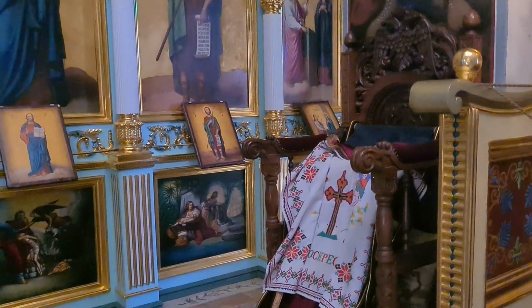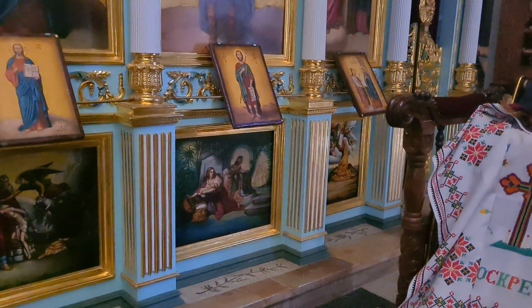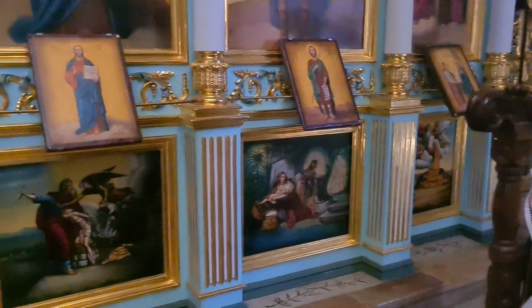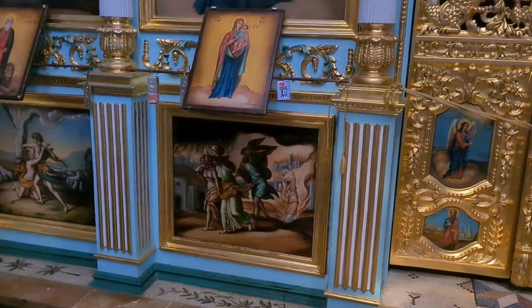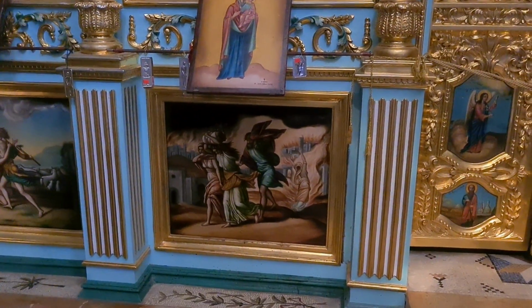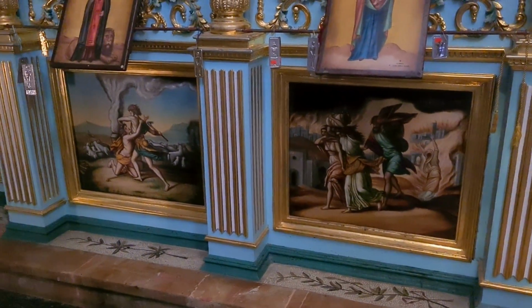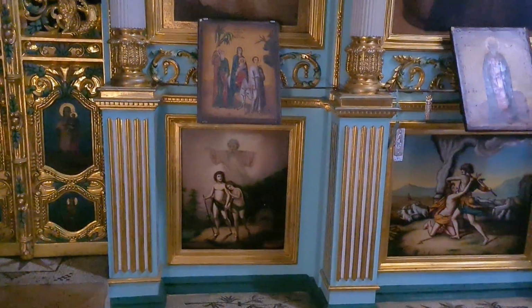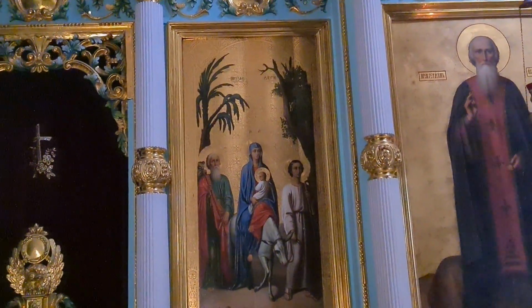Here you can see beautiful things from the Hebrew Bible or the Old Testament. Story of Sinai, Moses, Isaac and Abraham. Looks like Sodom and Gomorrah, Lot, Cain and Abel, Adam and Eve, and usually at the left part of the iconostasis, you will see the reason that they established